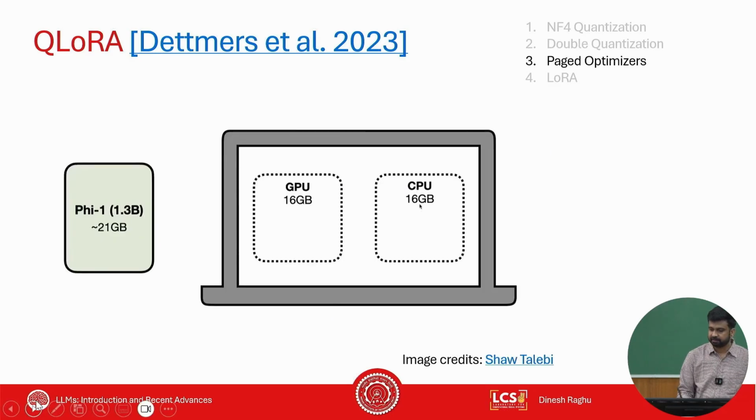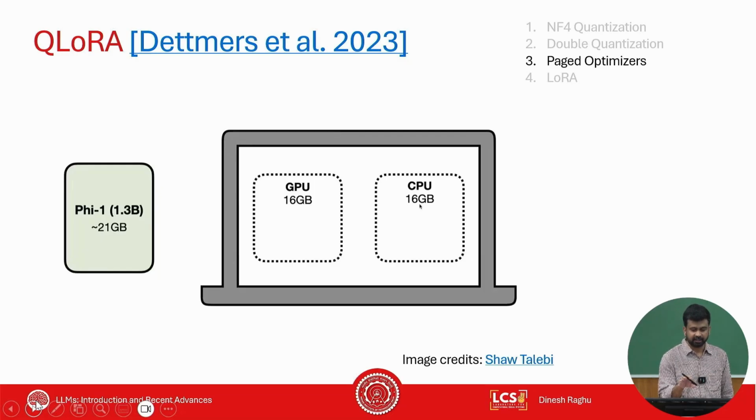And thirdly, like I said, paged optimizers. So let's say that you want to fine tune a 1.3 billion parameter model, and it needs about 21 gigabytes of memory, right? So if you look at the GPU in isolation, you don't have 21 gigabytes of memory. But if you look at the memory that the chip has on both GPU and CPU, that is good enough, right? So how you do paging for CPU and main memory, right?